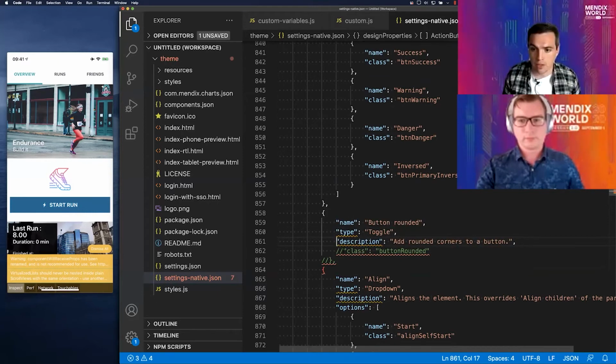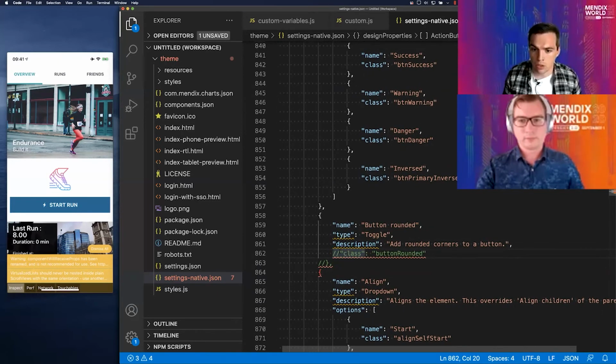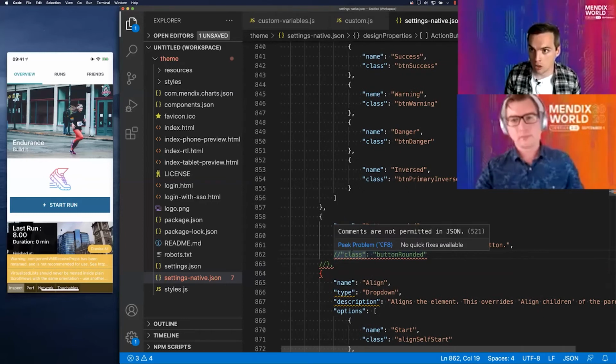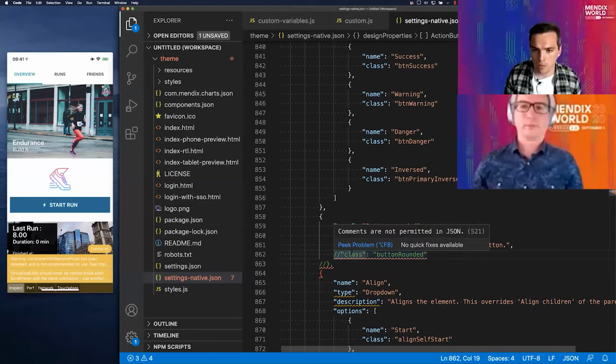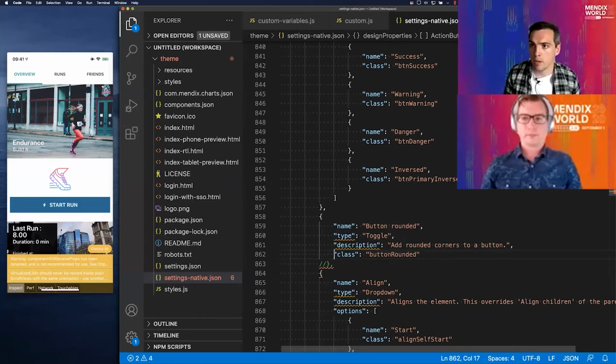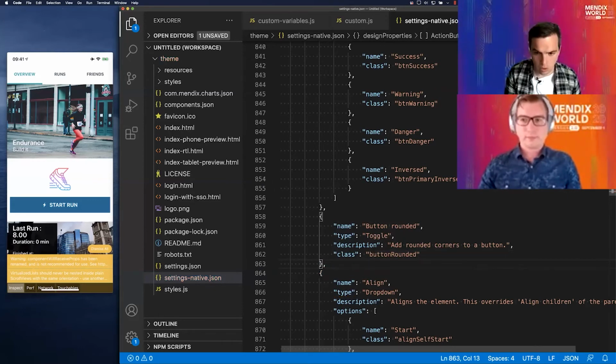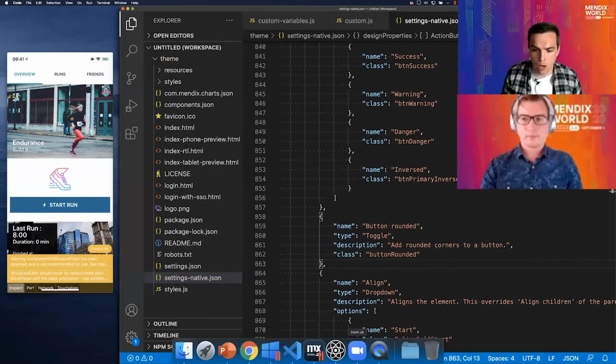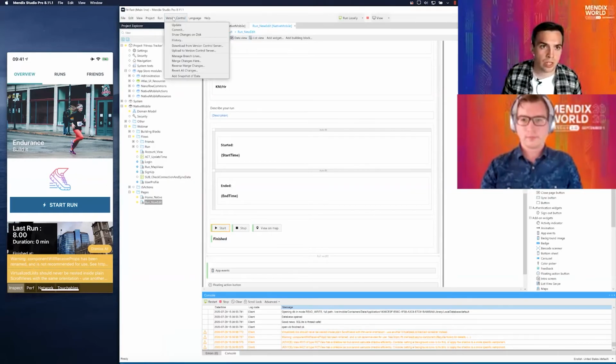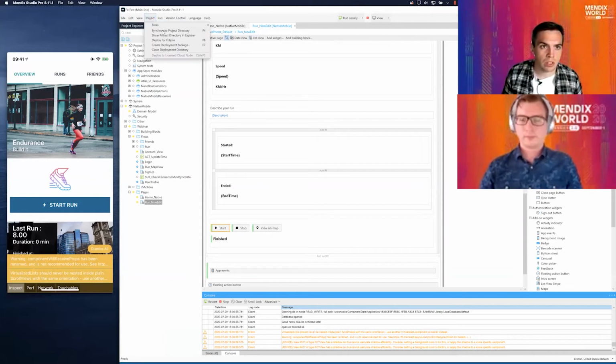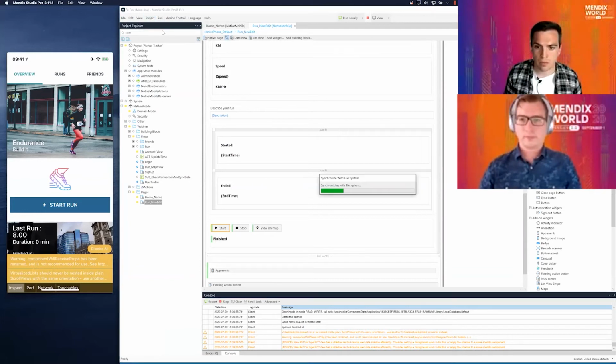And then we're going to give it a description, because we should give all our design properties a good description so people know what they're applying. And then finally, the class that's going to be applied to the button. And I'll just take this last one off, and then I save. And a very important part when you're creating design properties is to synchronize your project. So if I go to project, I want to synchronize my project directory